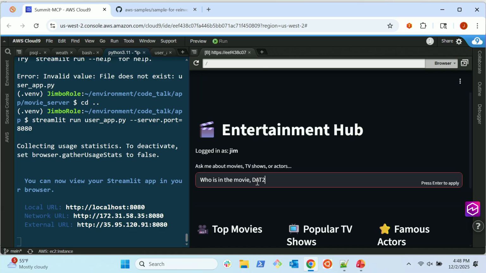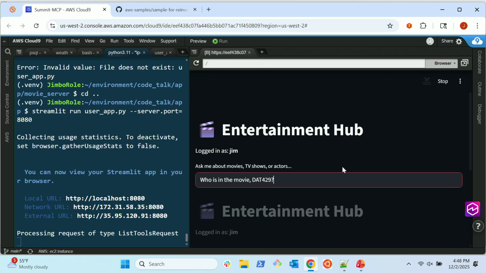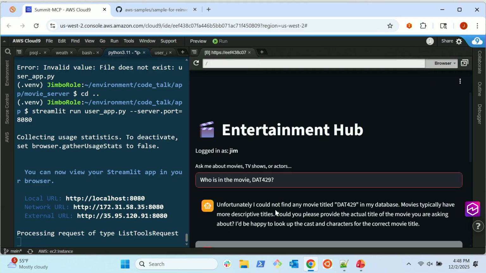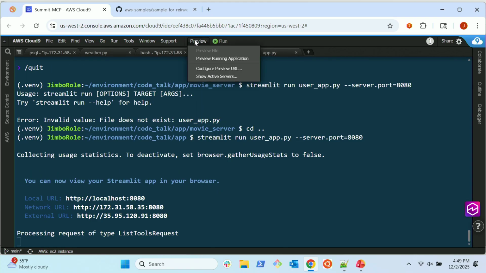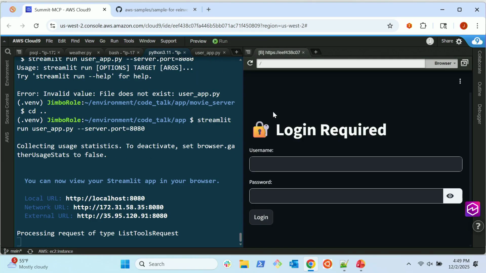At 429, calling the tool, it couldn't find it. It's because when we created that movie, DAT429, we set it as a type of TV movie, not a regular movie, which has a code of 5 instead of 1. Jim only has access to title types of 1. So if we log in as Vlad,